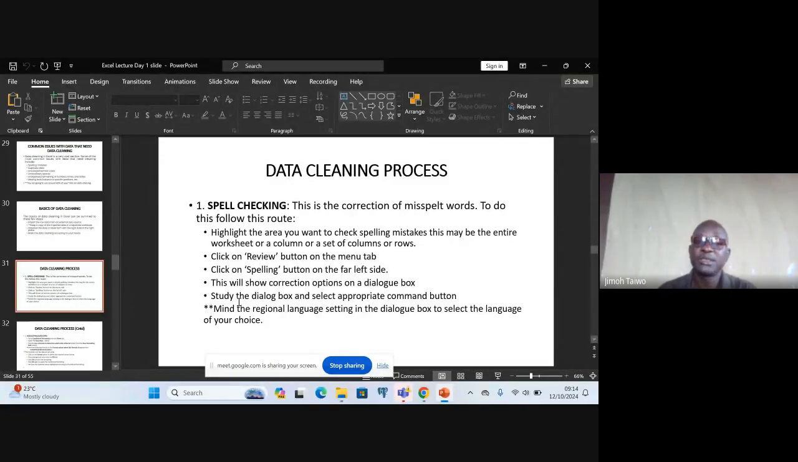Let's start with spell checking. This is the correction of misspelled words. To do this, follow this route. Let me open